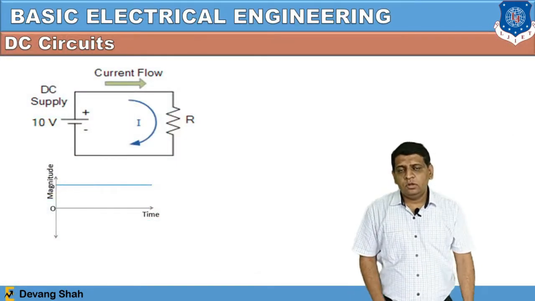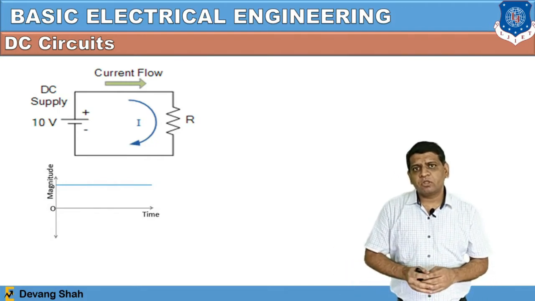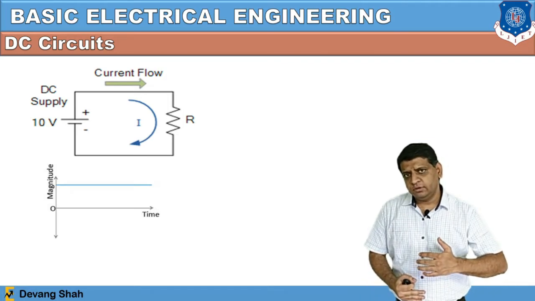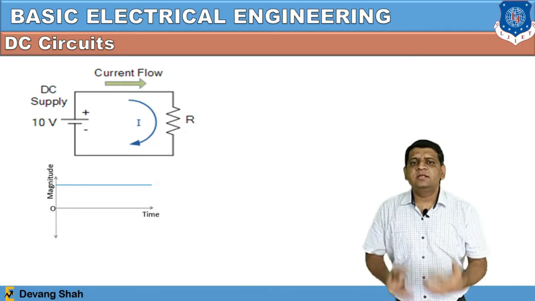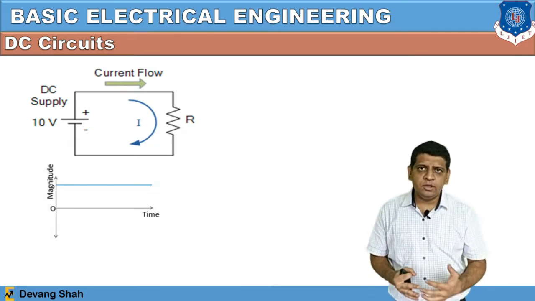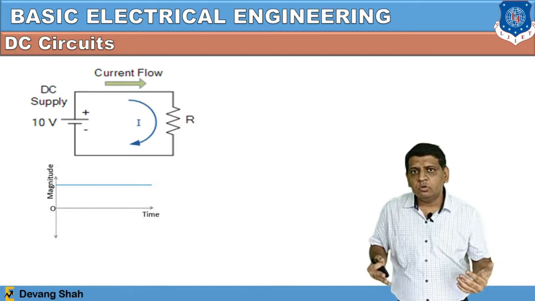Now what we are going to do here is take resistance, inductor, and capacitor as circuit elements in a circuitry, and then we apply an AC voltage or a DC voltage. So ultimately in this unit we are learning about the DC circuit.